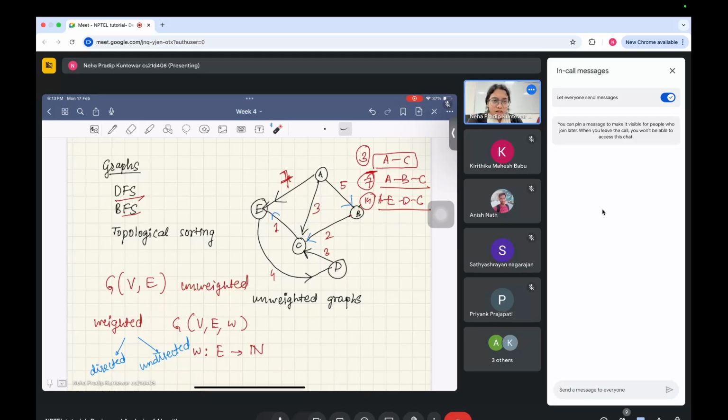But before that, we saw that in this case there are multiple paths possible from A to C. So my job is to find the fastest way to reach there. One obvious solution would be to go across all the paths and find their weights like we did just now, and then find the minimum one and take that path. So this is what is called the shortest path problem,